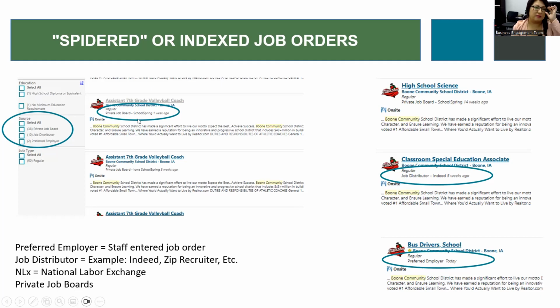So this is really important to remember. There are several school districts whose jobs will automatically be transferred into IowaWORKS if they're indexed in through the National Labor Exchange, or maybe they're being spidered in via a different website. I know for those that still have School Spring, all of those are being indexed in, and you won't see them, once again, when you log into IowaWORKS and go under job orders. You won't see them there because they're being indexed in. But once you do what I just showed you, you will be able to see all the listings there.